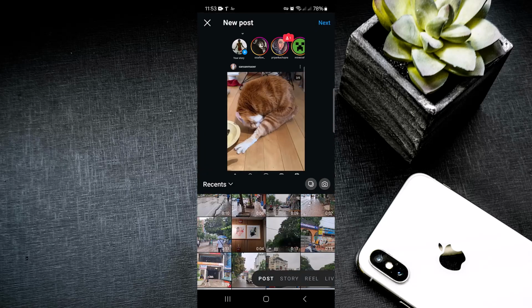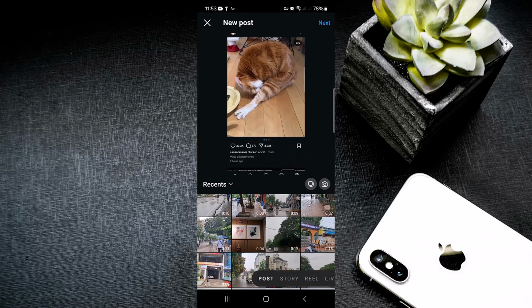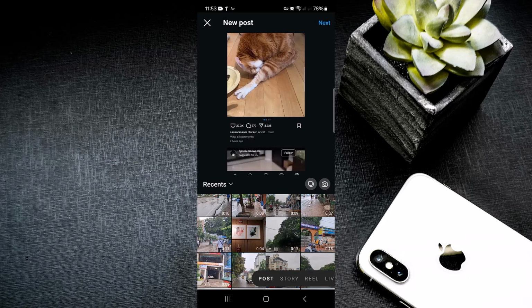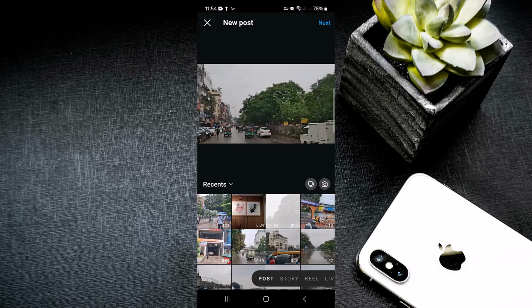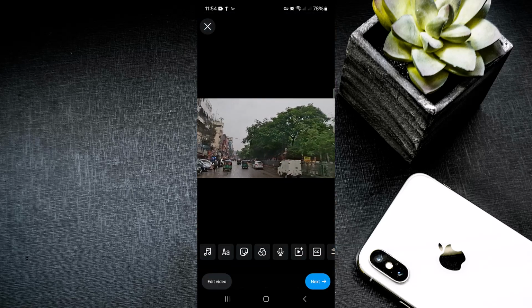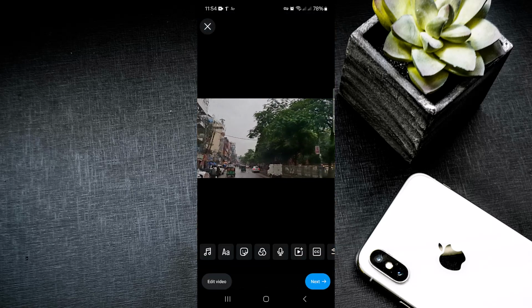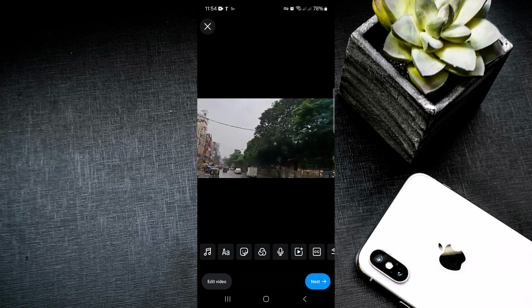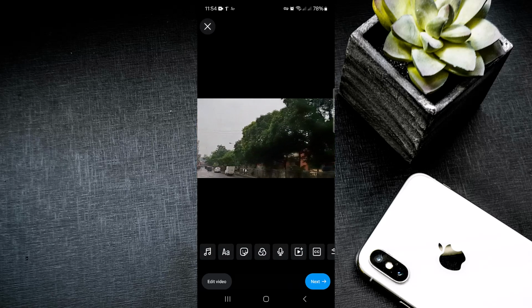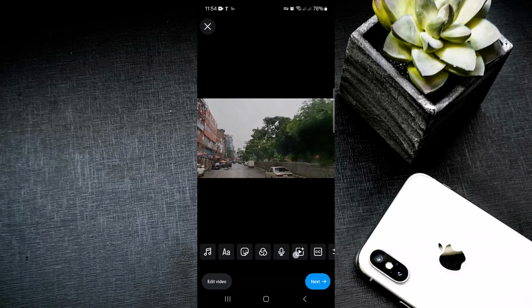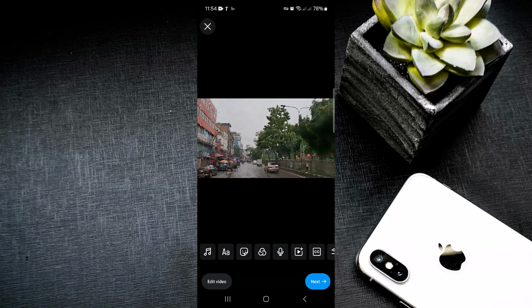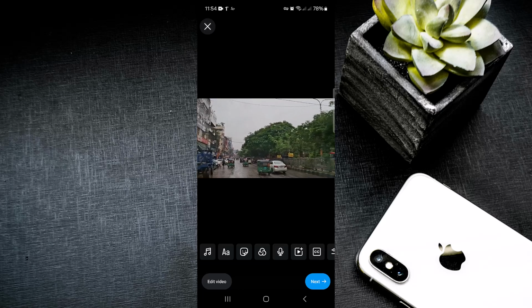Once you do it, just click on your desired video. Suppose I'm clicking on this one and then click on next. Once you click on next, you'll see this sort of interface. Here you can just edit your video. You can cut it, add captions, download it, and add a voice and whatnot. And then click on next